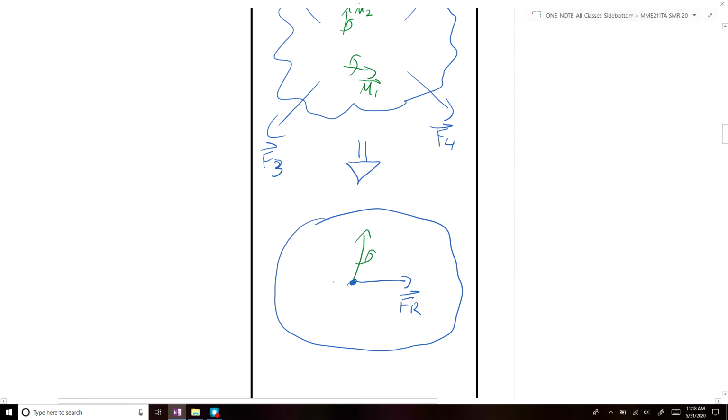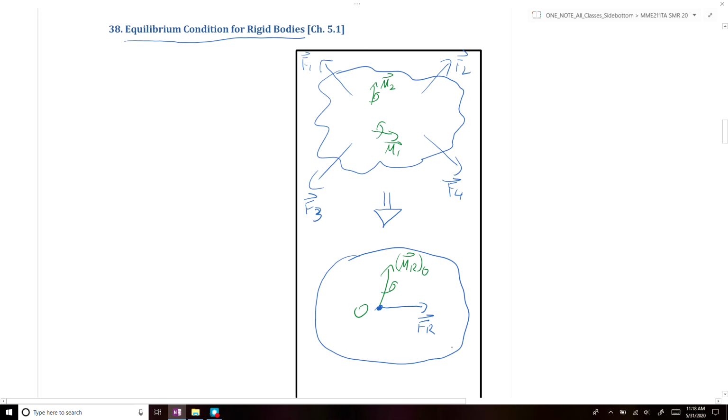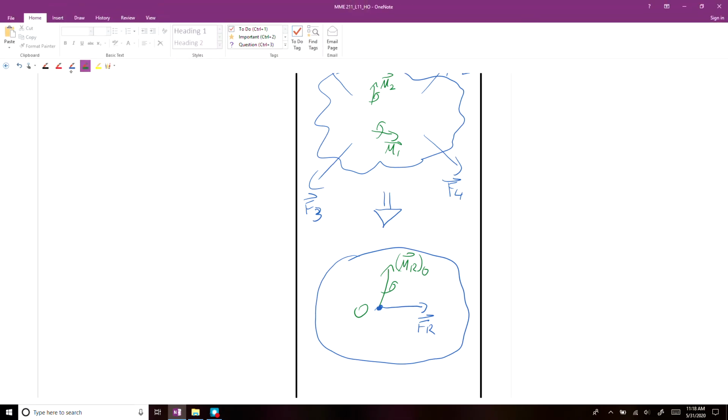We know we could locate it at any point in the body. We can find our resultant moment at that point and our resultant force at that point. So a rigid body is considered to be in equilibrium